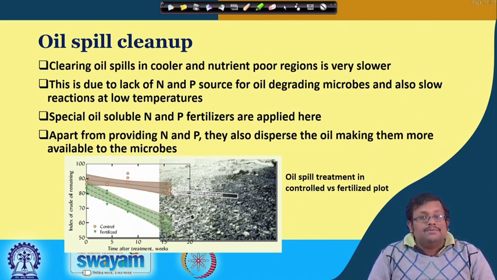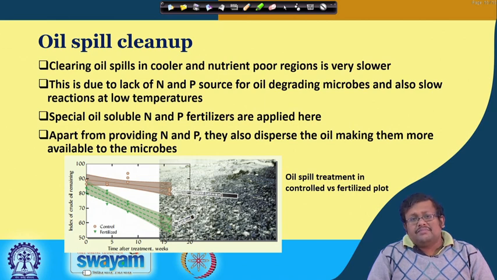So guys, we started with different types of remediation technologies. We started with different physical and chemical methods, and then we talked about different bioremediation techniques. Remember, bioremediation is mediated by biological organisms, either microbes or plants. When it is mediated by plants, we call it phytoremediation, and this bioremediation is of mainly two types. One is natural, another is enhanced or engineered.